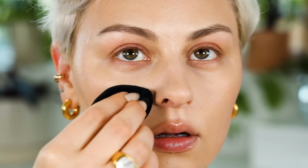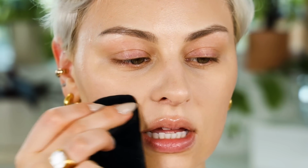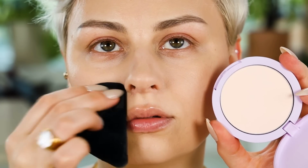pat it out, and then you see how we're developing a little bit of shine in this area. It's very, very smoothing and matte. So if you don't want a shiny powder, it's really nice. I've been enjoying it. I just wanted to test out that Typology powder, but I have a feeling this one is going to be my new go-to setting powder. I'm using the shade Palisade Pink, just kind of a neutral, translucent,